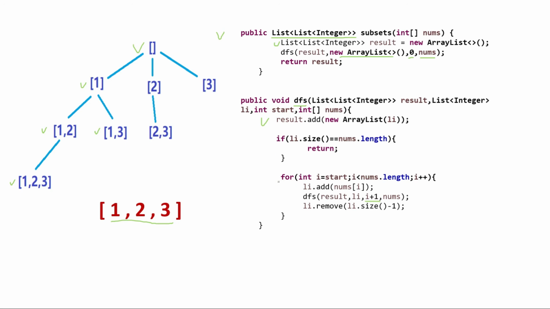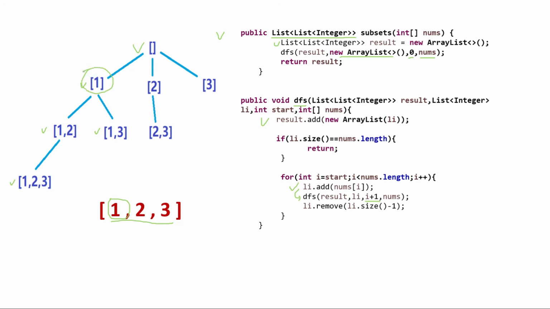Then what are we doing? We are calling this for loop starting from 0, because start we are taking as 0 initially. So initially this for loop will go over 1, 2 and 3. First we are collecting the value 1 from this list. And then we are again calling this DFS function, but next time I am passing 1 instead of 0. So this one is actually this one.